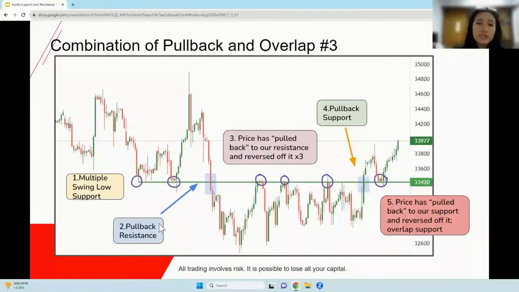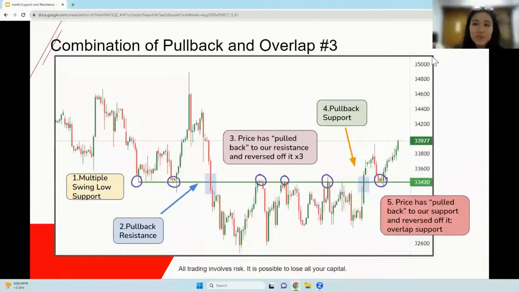Point two, pullback resistance. Once price breaks the multiple swing low support, it becomes a pullback resistance, and then it reverses, pulls back to our resistance, and reverses off of it three times here. Once price breaks out of this overlap resistance, it becomes a pullback support once again. So every time it crosses the level, it basically switches from a support to a resistance or from a resistance